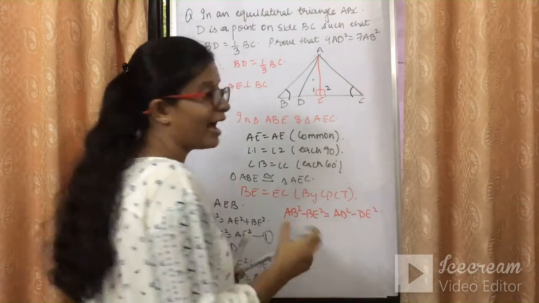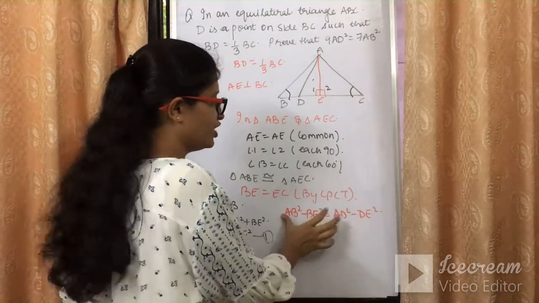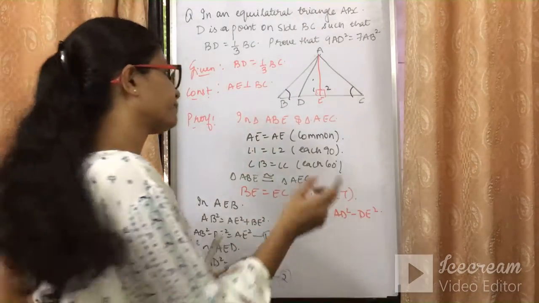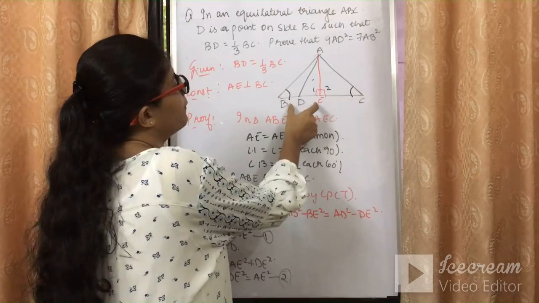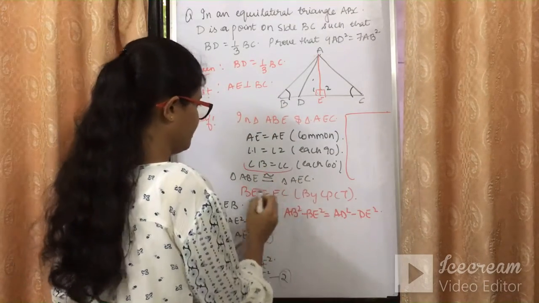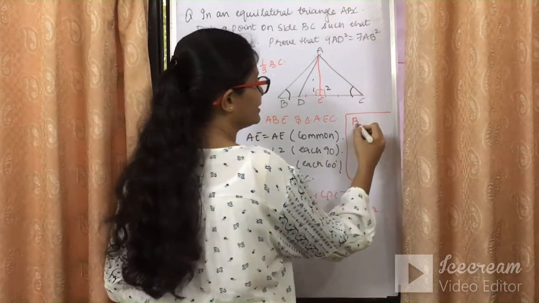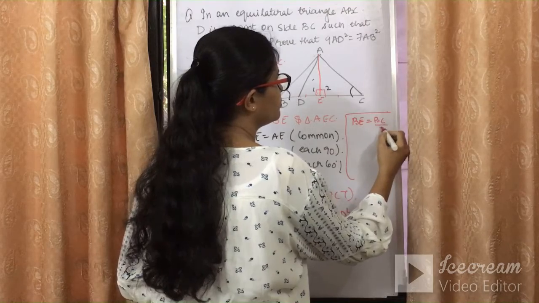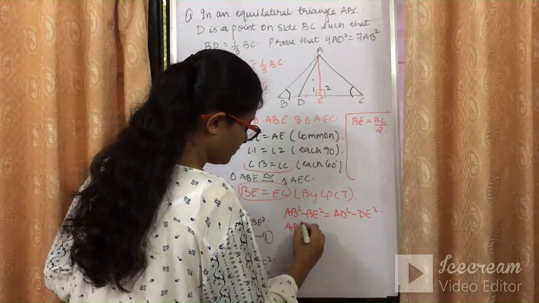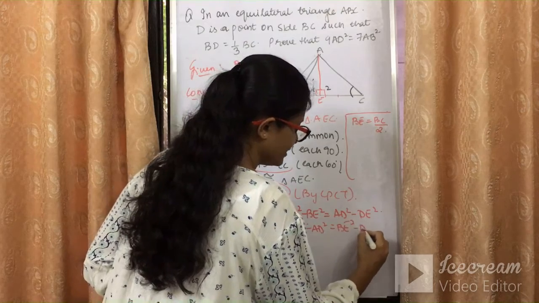अभी हमको ये equation में से क्या रखना है और क्या delete करना है वो देखते हैं. AB and AD हमारी final equation में आ रहा है, so no need to change AB and AD here. We need to replace BE and DE in terms of AB and AD. Let's have a look how we can replace it. BE is nothing but, can we write, since we have already proved कि BE EC के equal है, ये दोनों sides equal हम लोगों ने prove करी हैं, तो क्या मैं ऐसा लिख सकती हूँ, my BE is nothing but BC by 2. Can I write like this? It is nothing but BC by 2. So AB square, इसको इधर ले जाती हूँ, minus AD square is equal to BE square minus DE square.